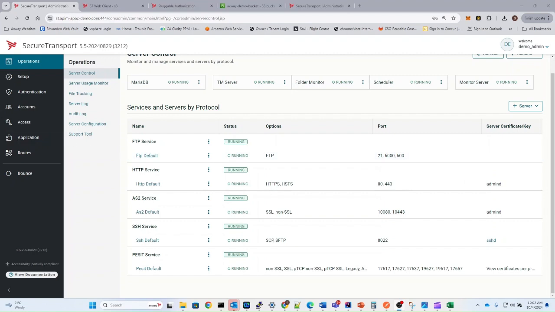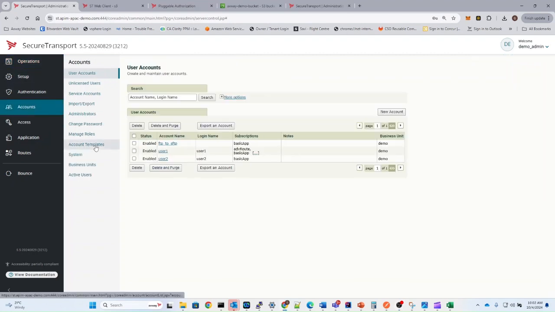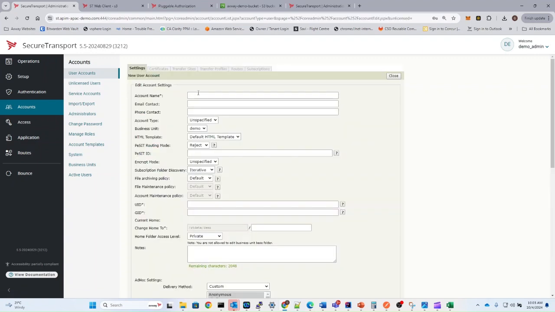So the first thing I'm going to need is a user account. Now with Secure Transport and subscriptions, I could go ahead and reuse a user account that I had. I can have multiple subscriptions within an account. There's no limit to how many subscriptions and transfer flows you can have configured within a single account. But in this case, I'm going to keep it separate. I'm going to create a new account. I'm going to call it